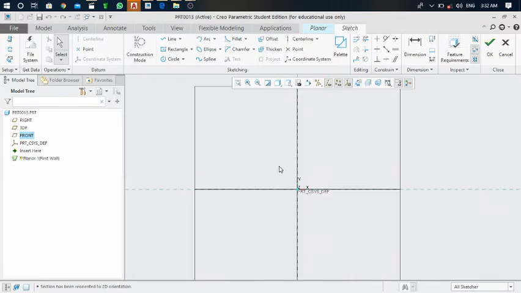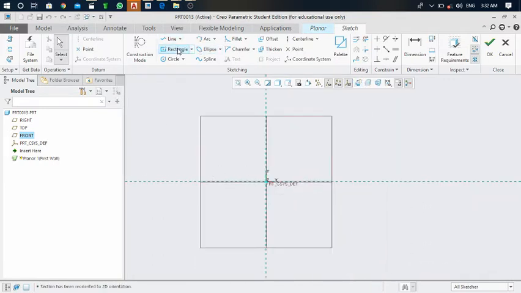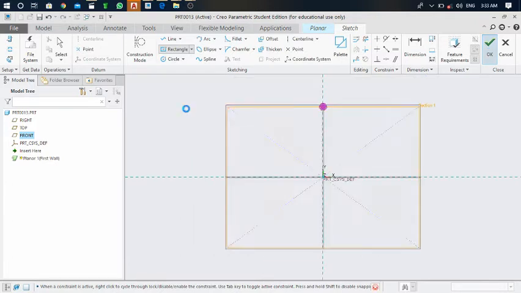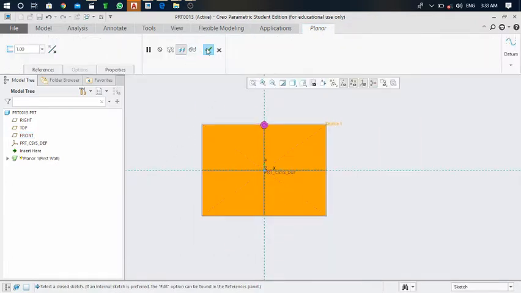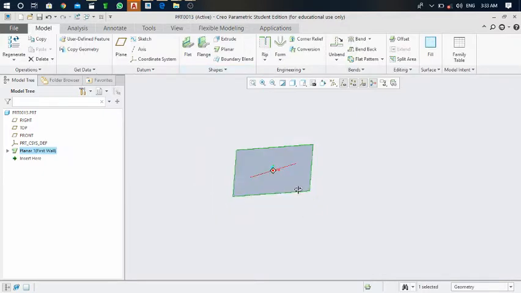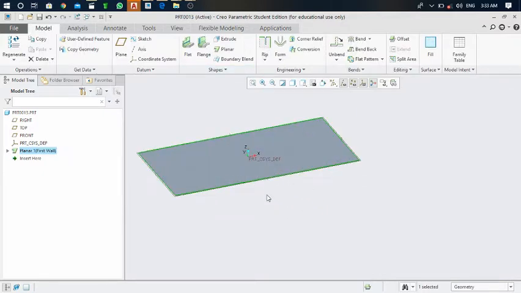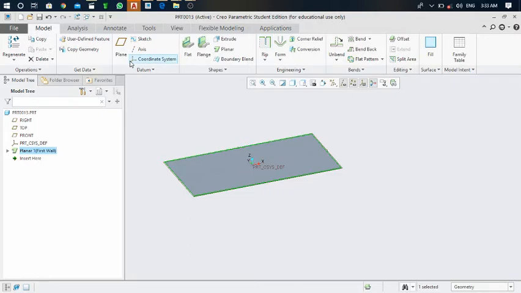Here is your sketch view, and next take the center rectangle from here and draw it over here and click on this OK. Now the system will create this primary wall. Click on this green tick mark for the 1 millimeter thickness, and next you can observe in this ribbon